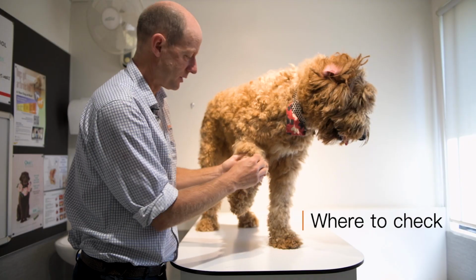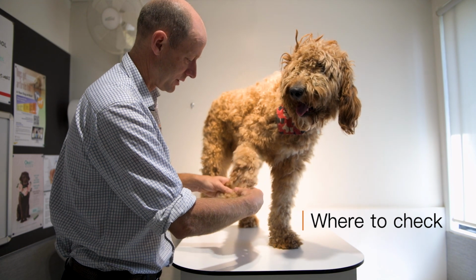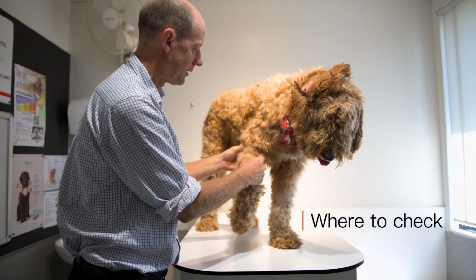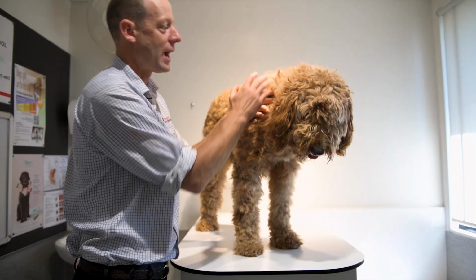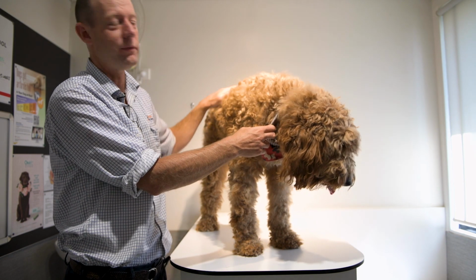So the best way to do it is to try and part the hair and just massage the feet and the legs and really get down to the skin, really work in between the toes and do it in a systematic way. Start with this leg, work your way up to the shoulder, and then continue, doing every single little area. So 80% of ticks would be in this area, but that means that 20% or 1 in 5 is